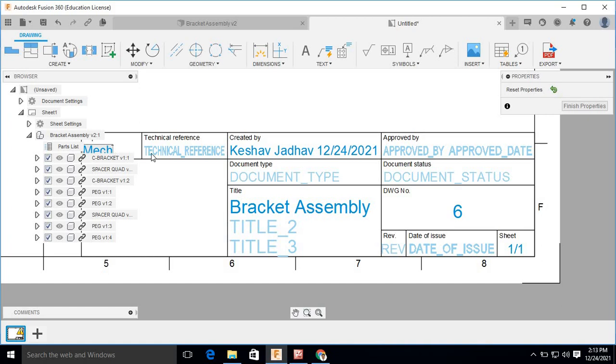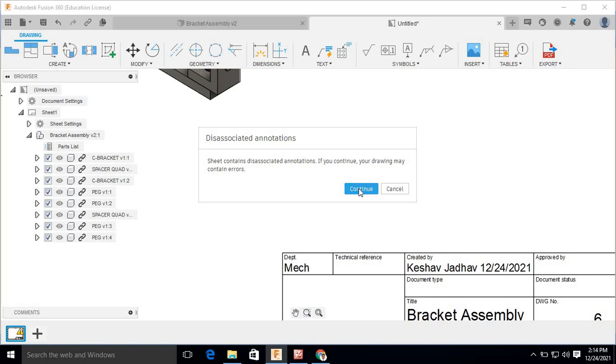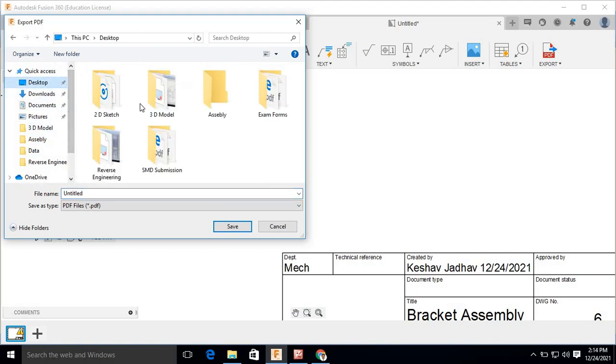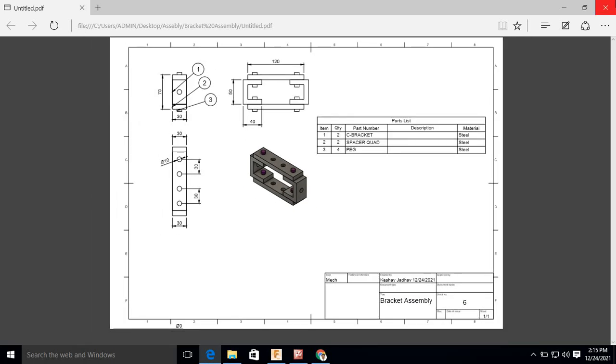Here department we can enter make technical assembly practical and finish property and export in PDF. So this is the PDF that we have created now.